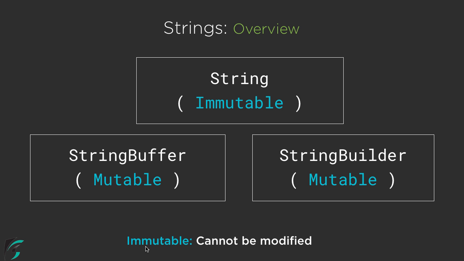Immutable can be defined as strings that cannot be modified, and a mutable string is one that can be changed or modified once initialized. In the case of the String class, we cannot modify the string once it is initialized. But in the case of StringBuffer and StringBuilder, we can change the value of the string anytime we want to. This is the advantage of using StringBuffer and StringBuilder. Now, what are the basic differences between StringBuffer and StringBuilder? Again, we will check it out in our upcoming videos. As of now, let us only focus on this immutable string.